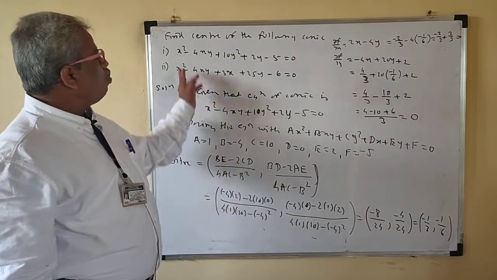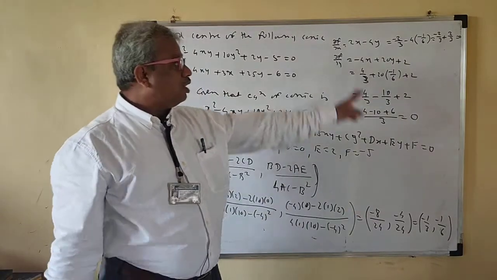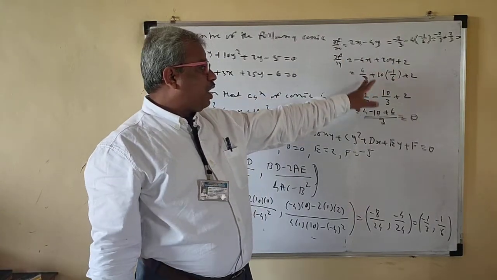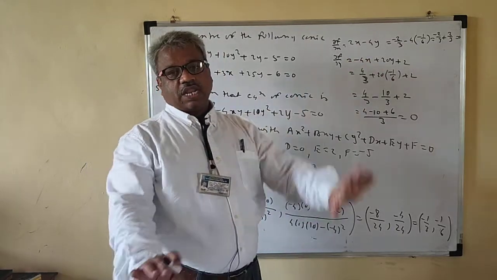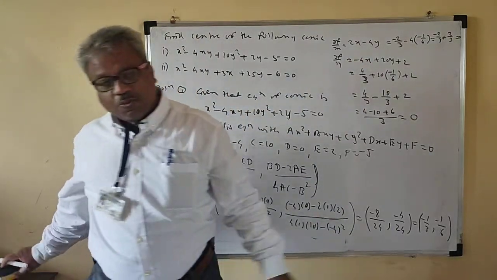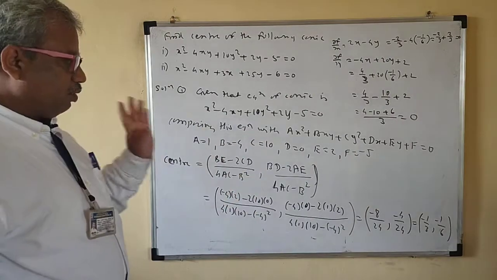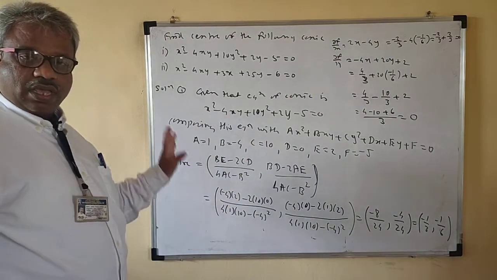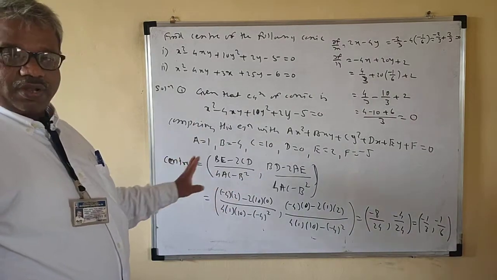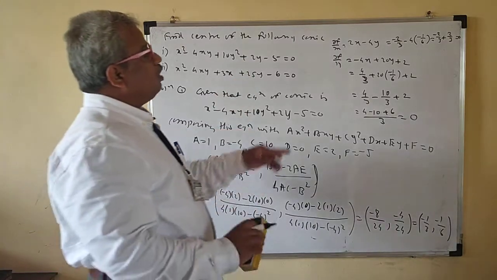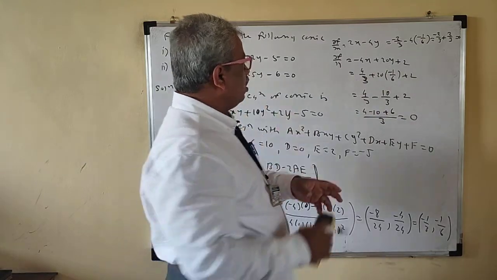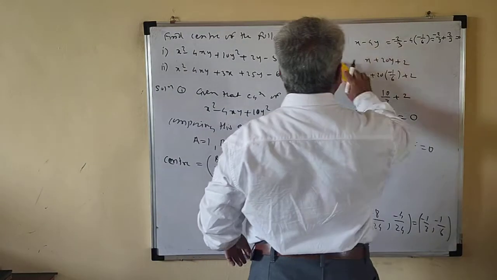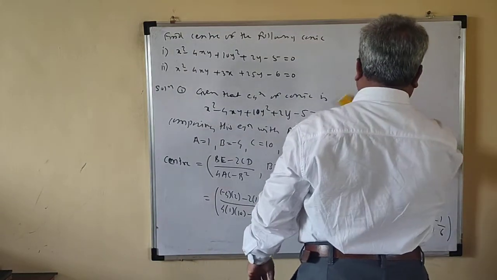Okay. So this is the conic, then the center of the conic is this. You just have to use this shortcut method. You have to find these two equations. Whichever point satisfies these equations will be the center of the conic. From the formula, it is very difficult to find the center of the conic. So you only have to write these equal to 0, and you can find the center of the conic also. So this is a shortcut method.